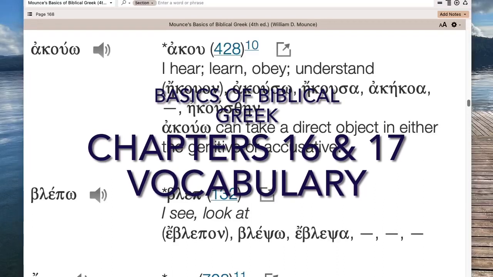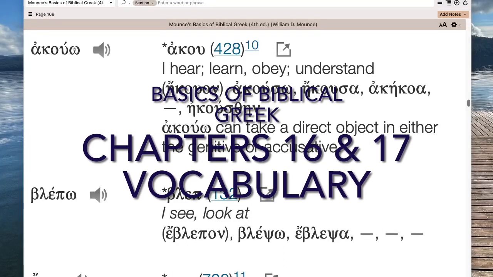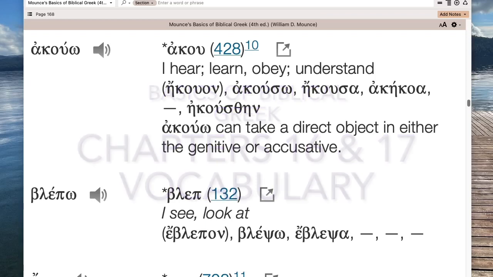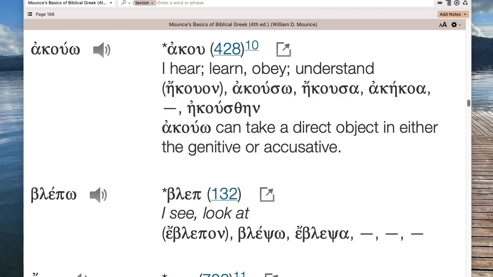Shalom, here we are for chapters 16 and 17 vocabulary for Mounce's Basics of Biblical Greek. And that's the fourth edition we're looking at. We're going to do chapter 16 first, then chapter 17. We're introducing verbs now, and so I will talk a little bit about that here for our first entry, which